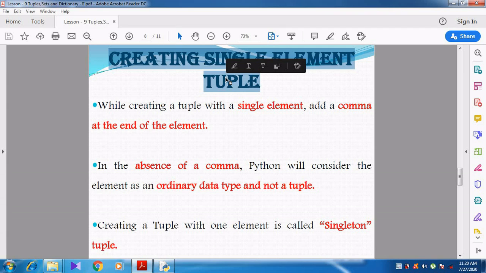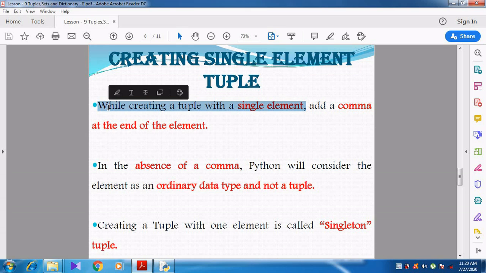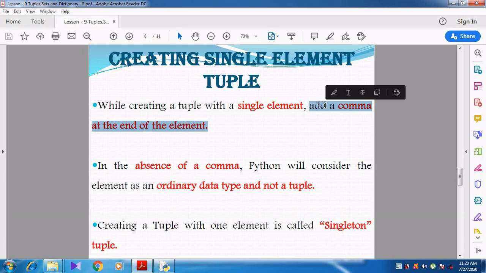Yes, it is possible. While creating a tuple with a single element, we should add a comma at the end of the element. Sir, why should I add a comma at the end of the element?